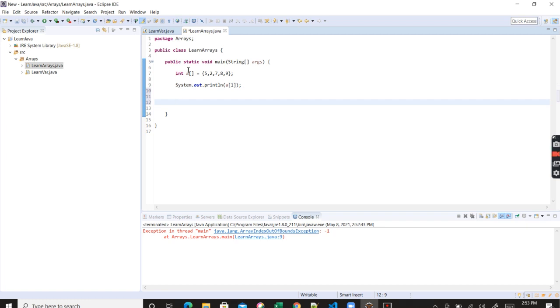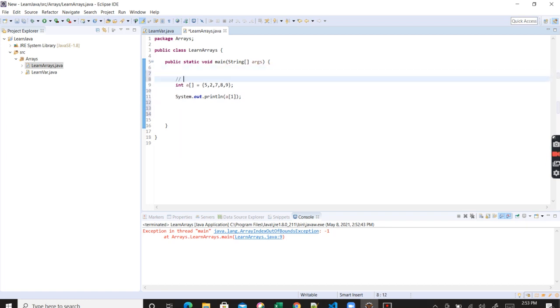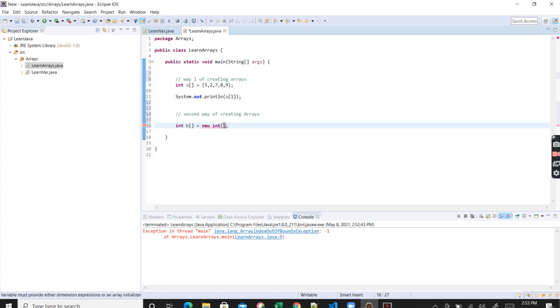So this is way one of creating arrays. The second way of creating arrays is, I will say int b equals new int, and then let's say 4 only.